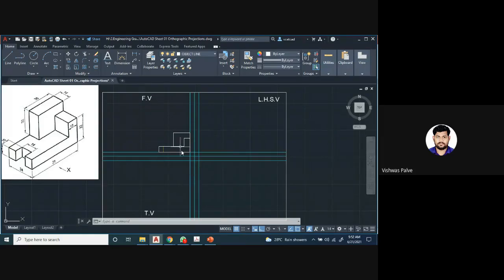Okay, now let us draw the top view. This was the front view of that object. Now for the top view, we have to start with this corner point, the intersection point of 38 and 14. L, enter. From this point I will draw a horizontal line, but you have to check whether it is the object layer. Yes, it is the object layer. 38, then 14 millimeter, then again 38 and 14.